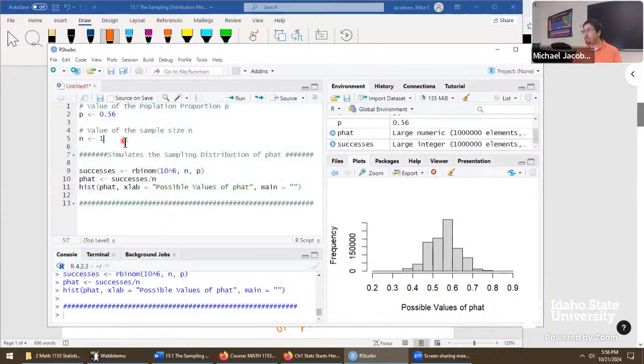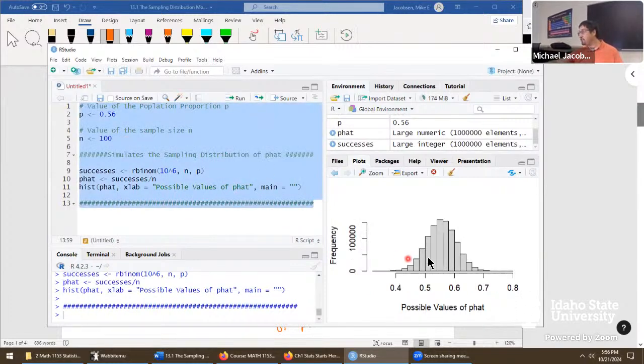And just for the fun of it, let's say we went up to a sample size of 100. Sample size of 100, that looks almost perfectly like the normal distribution at that point. It seems to have the right curvature going this way and everything that you would expect. But that's cheating. We only were going to do sample size of 50. So that's what that picture looks like in that situation.